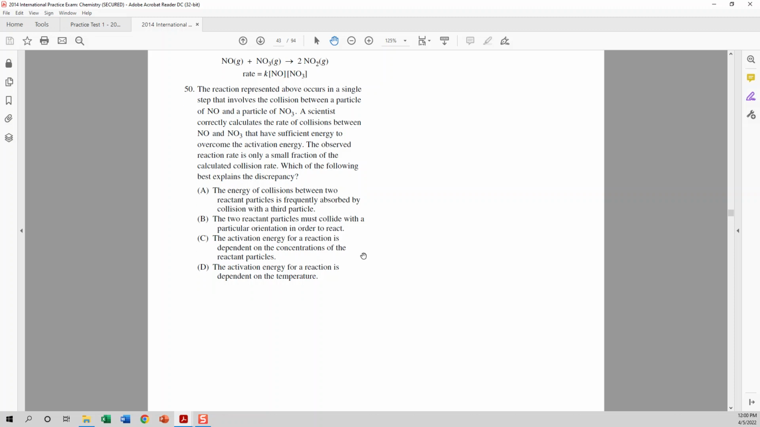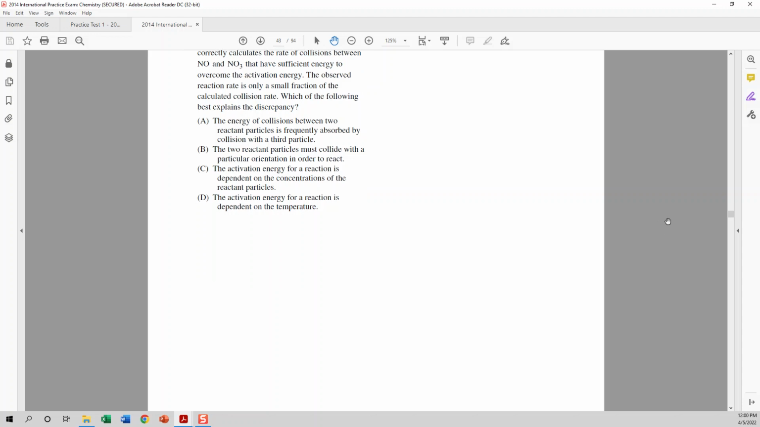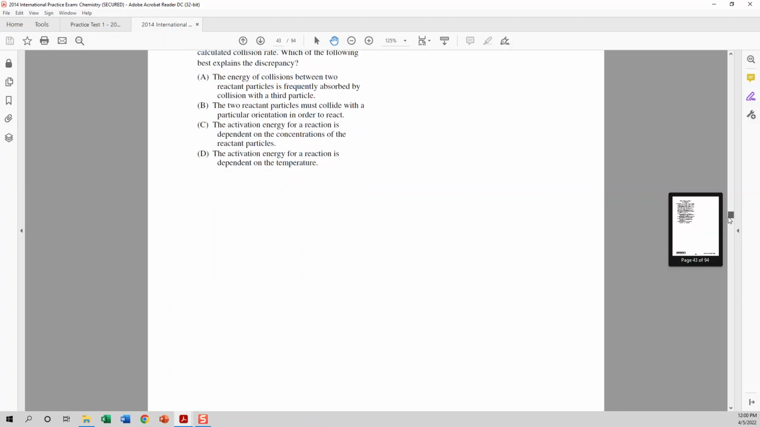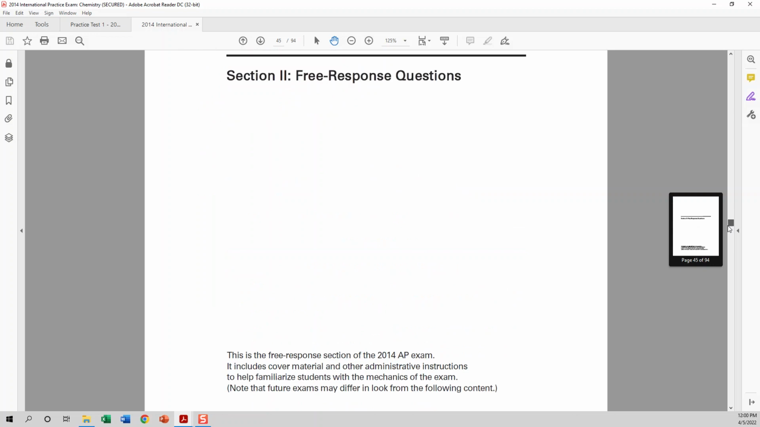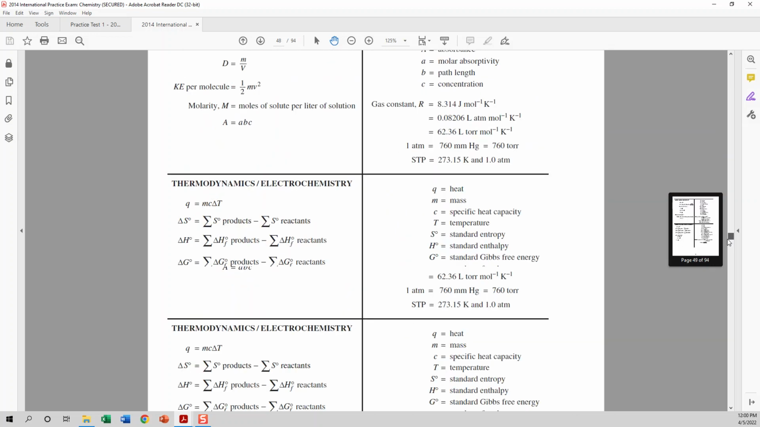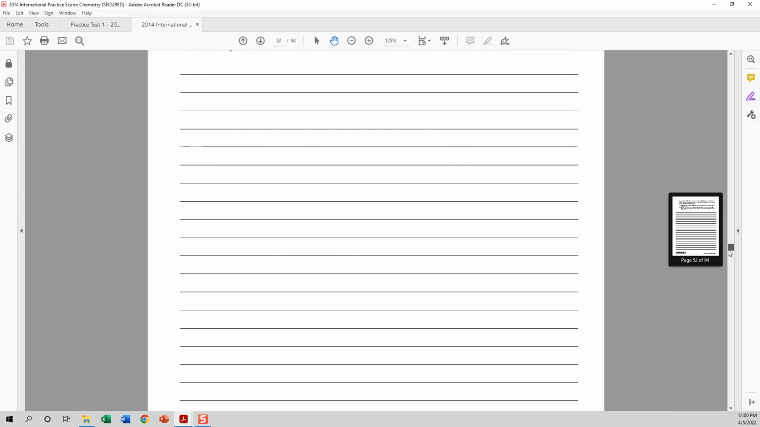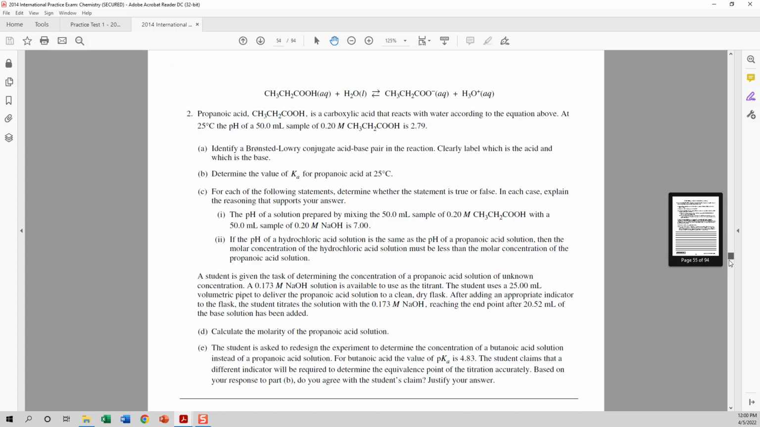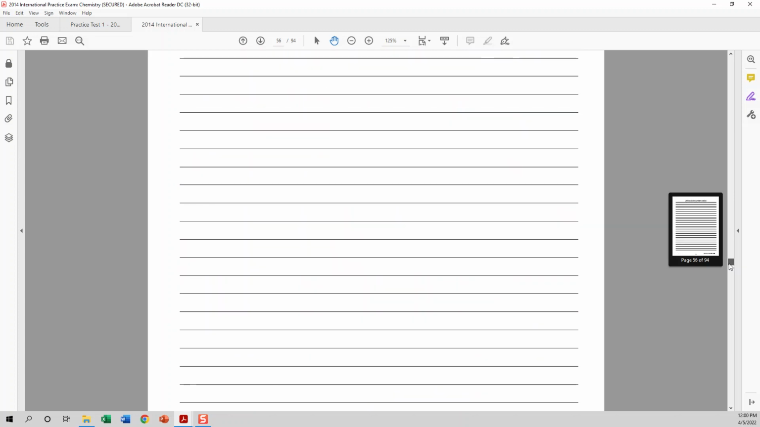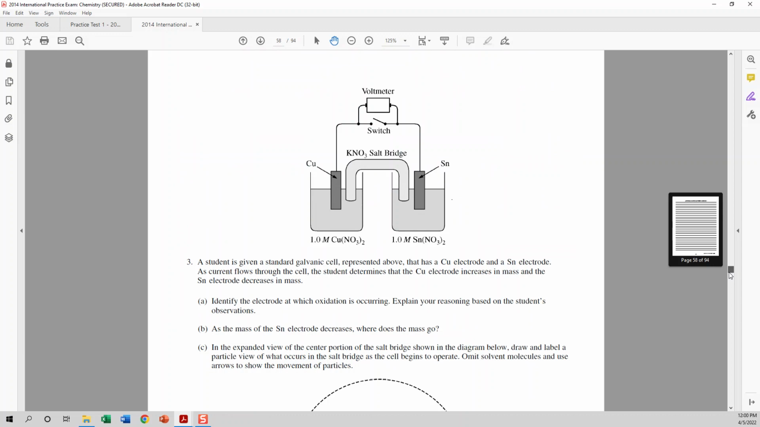All right. So that really didn't have anything to do with reaction mechanism, but I wanted to show you how if you have a single step, that means that reaction is the mechanism. And then I think there's another mechanism question here,